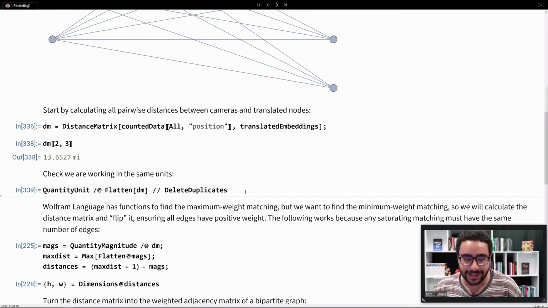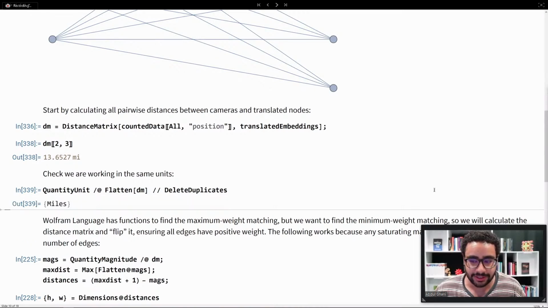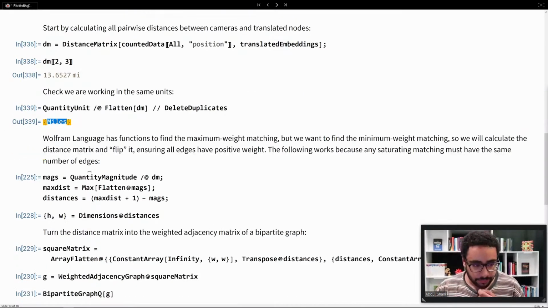But the first thing to do is to check, just to be sure, that all of these are in miles. Because if some of these are in miles and some are in kilometers, then we can't just get rid of the unit because they need to be rectified. So what I did is I flattened the matrix into a big list, extracted the unit, and then deleted duplicates to see how many different things we have. And we just have miles. That's good. We can just throw away the unit. That's what we do. We throw away the unit, and then